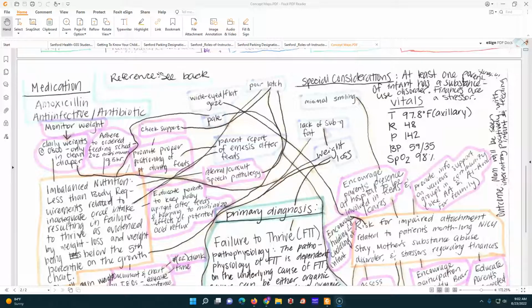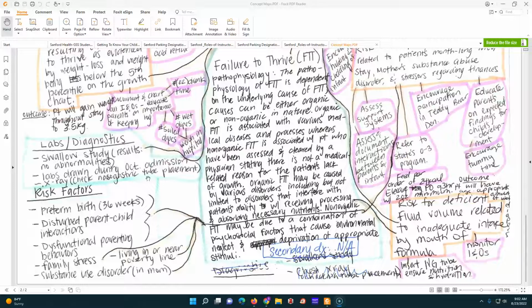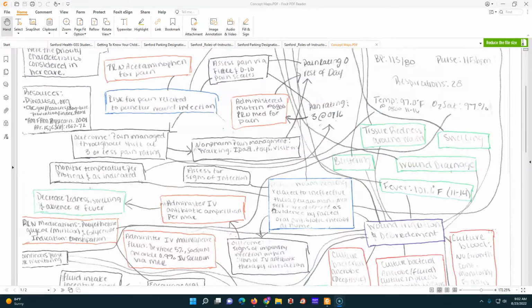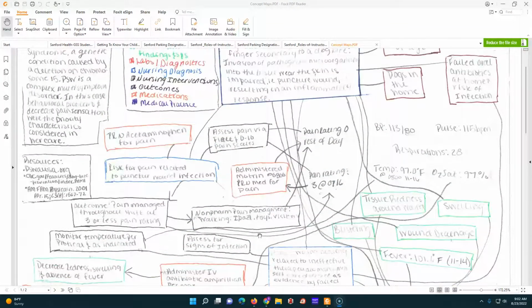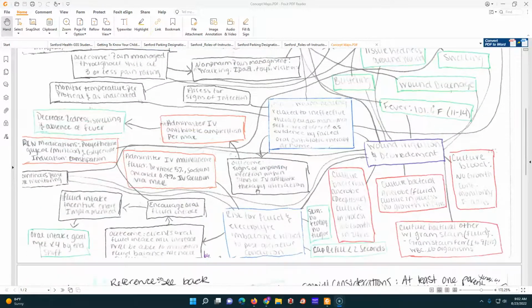So for your medications, you should have some sort of link with this for everything. All your interventions should have some kind of link. If your labs are abnormal, or sometimes even if they're normal, they should be linked to something. So go through there and link all this stuff up, and make lots of lines and stuff like that. Some people have used numbers, so they will put their medications down and put a number by it, and then they'll put that number by the different things. So if you've got antibiotics, you can put a number by the fever because that could be a thing, or by the wound drainage, or you're linking it to